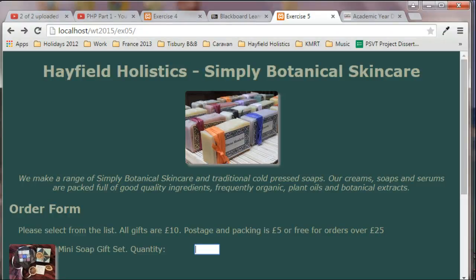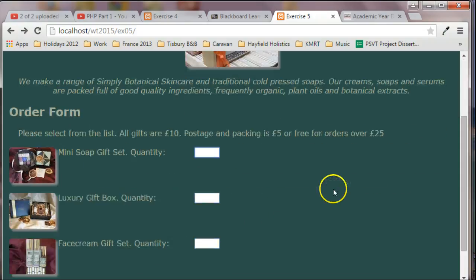So this is our PHP exercise where we're just going to introduce some basic control structures using an if statement to determine whether a piece of PHP is or isn't executed. To show this, we're just going to modify the shop that we were developing in exercise 4, and you can see here